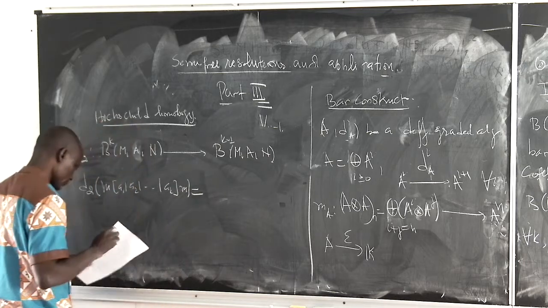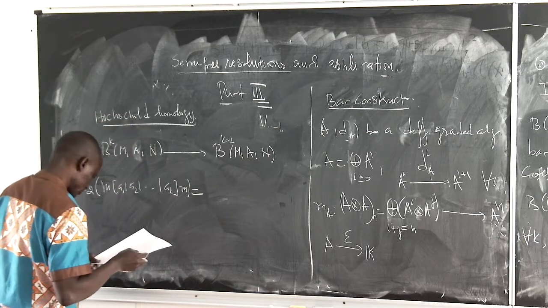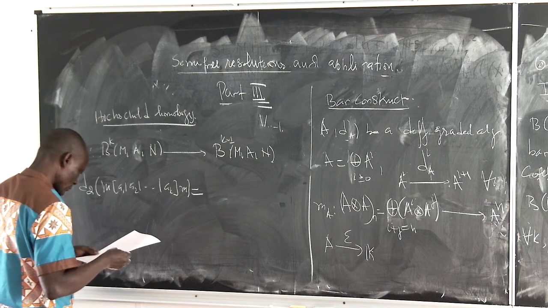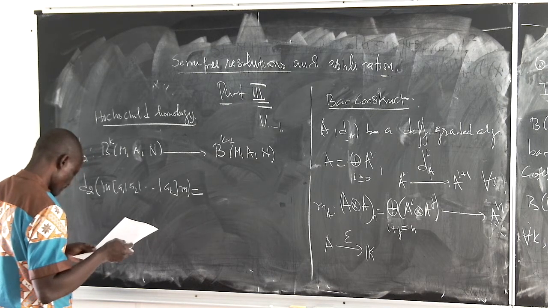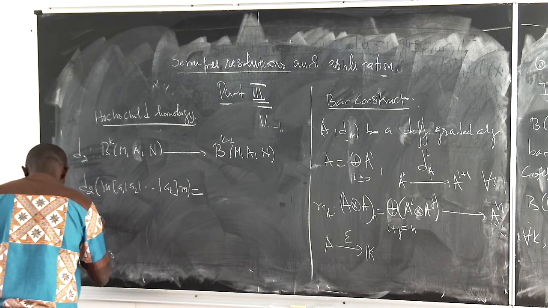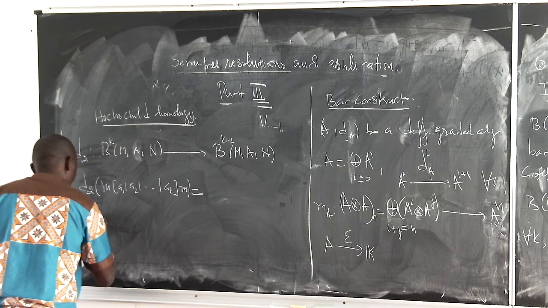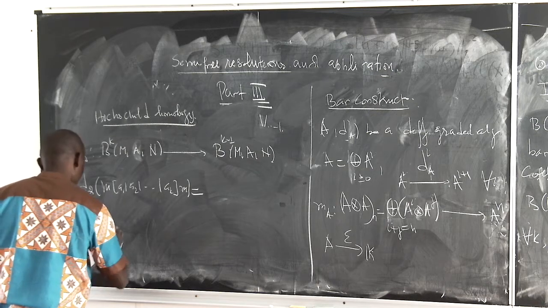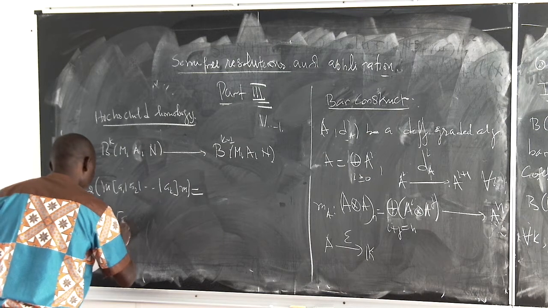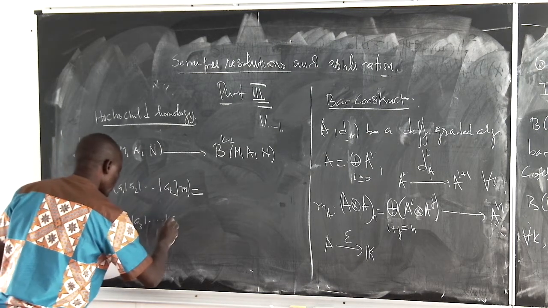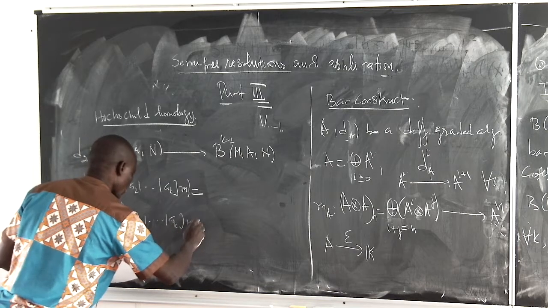Is equal to, alors, is equal to: you have here (a·m | a1 | a2 | a3 up to ak | n) plus